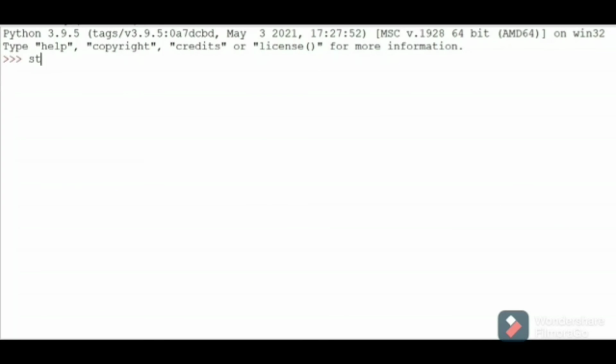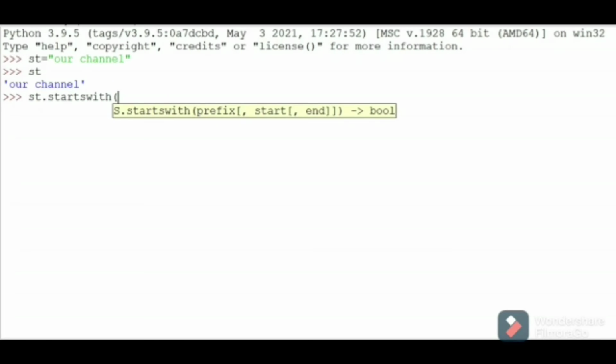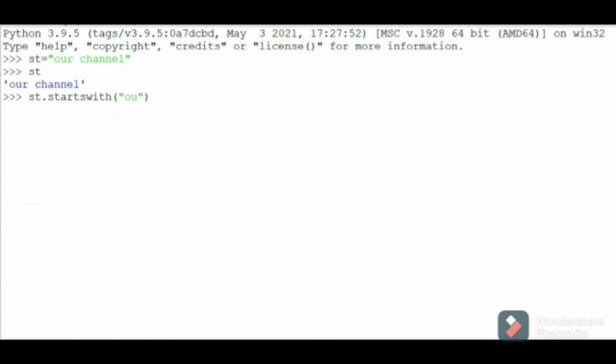Name st, and the string is "our channel". Printing the string using the string name st. Then the startswith method is used. It returns true if the string starts with the substring, else it returns false. So here I am choosing a starting string "OU". It returns true because it starts with OU.